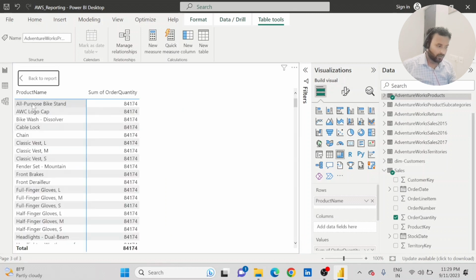You will see that for every single product I am getting the wrong result. How is this possible? We are getting the same order quantity for every single product, which is absolutely wrong. Something is fishy over here. And why are we getting this wrong result? This is all because